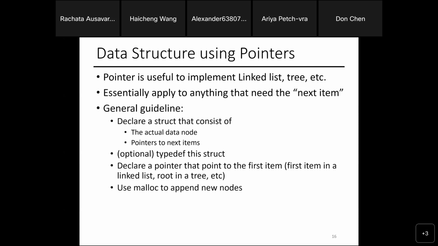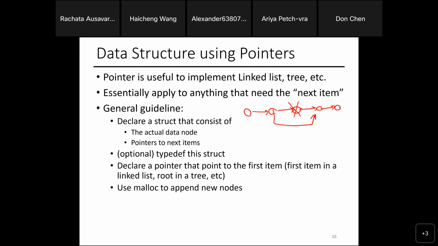The concept is pointers allow me to point to the next item. So if I have a list that looks like this, let's say this is my list. If I want to add one more thing, I just make sure the last item points to the new item. If I want to get rid of this guy, I can make sure this item points to here. Every time I draw an arrow here, that is a pointer.